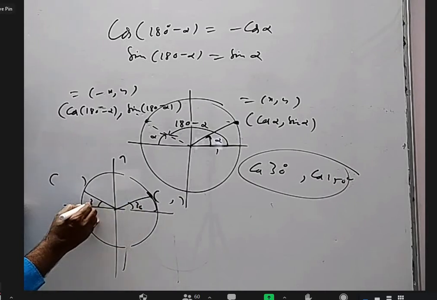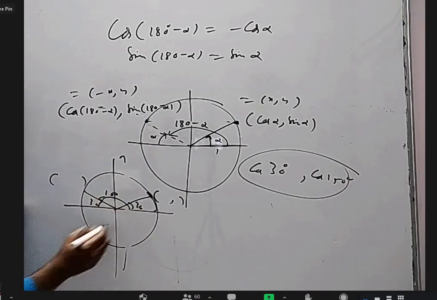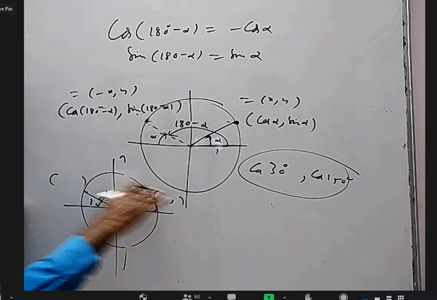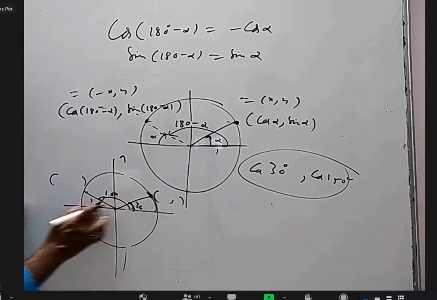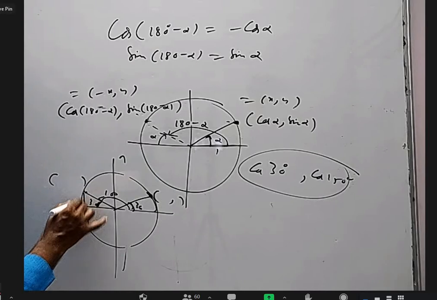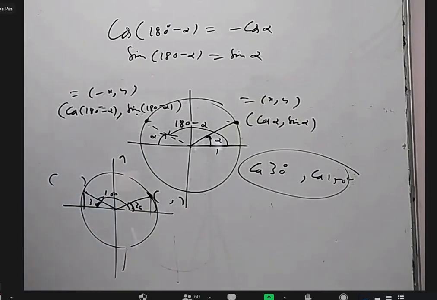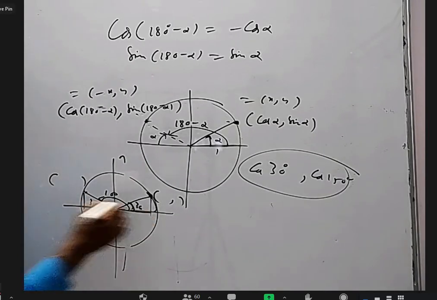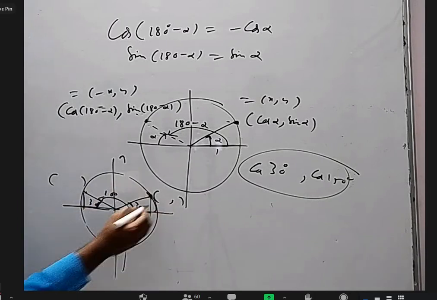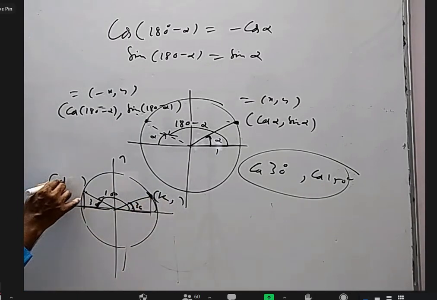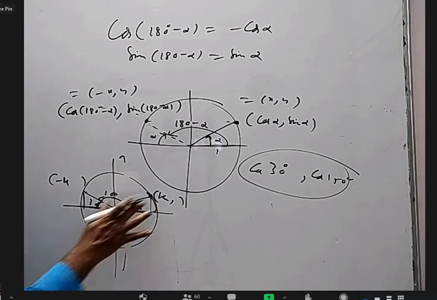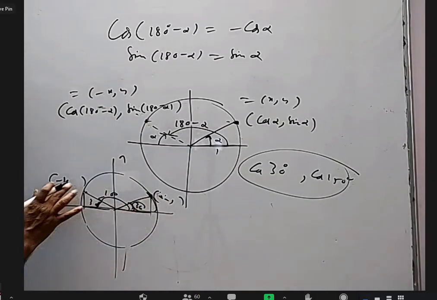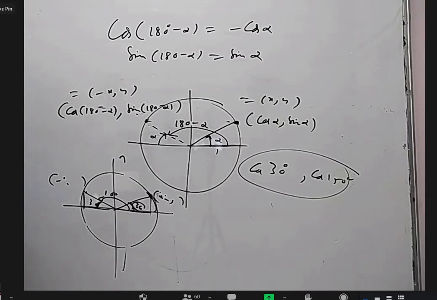If this is 30 and this is 30 and this is 150, these two points are in the same horizontal line because angles are same. These two triangles are congruent. I can prove this height and this height are same, right? Yes, sir. I can prove this length and this length are same. But they're in opposite direction. So if this x coordinate is k, definitely this x coordinate is minus k. Yes, sir. But this x coordinate is cos 30, whereas this x coordinate is cos 150. Can I say cos 150 is negative of cos 30?